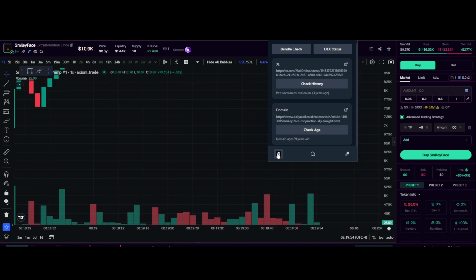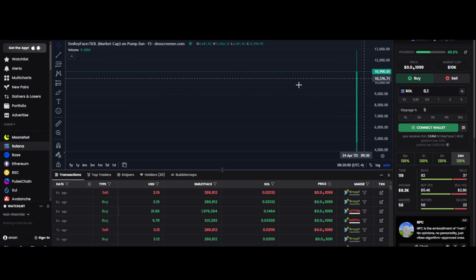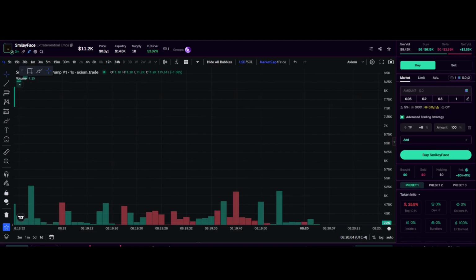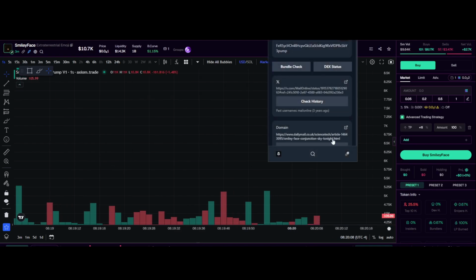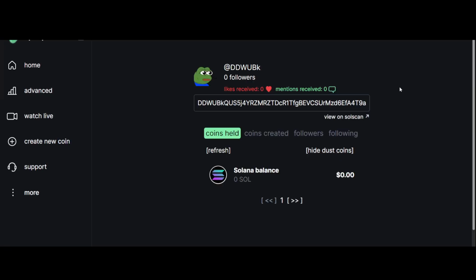And then down here, you can see Dex check, Dex screener. It'll take you to Dex screener. Shows you it on Dex screener. So far, there's no banner, meaning Dex has not been paid. Go back to Uxento. You can check the Dex. Dex has not been paid.